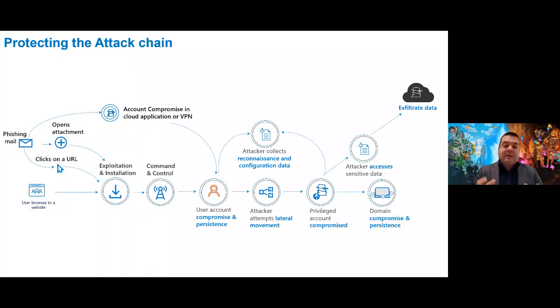So protecting your attack chain, this is quite an important one for us. This just steps us through an attack, and it gives you an idea of what products are available. A phishing attack happens in school, somebody gets an email, and you click through this, Dave, as it goes. Somebody opens an attachment or clicks on a URL or browses a website that they shouldn't. And that's where you get your first level of catch, I suppose, around your